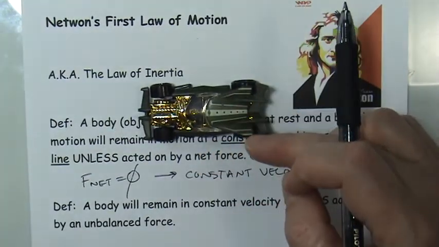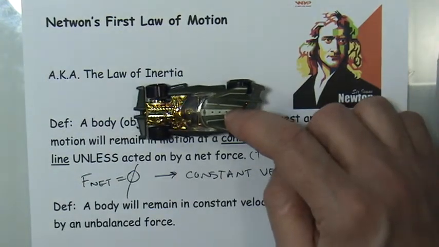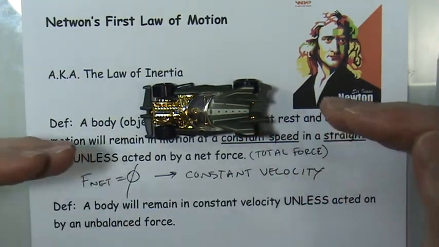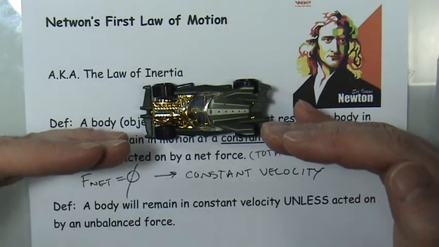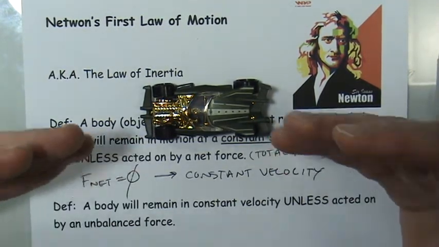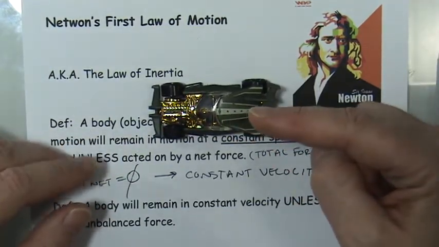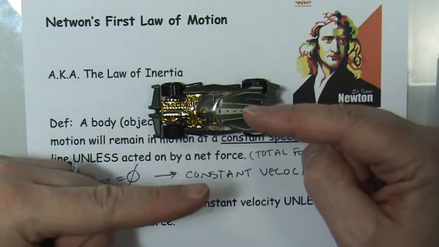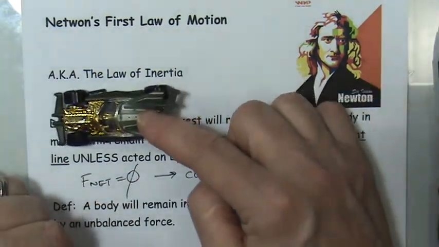What he was trying to say is that the reason why objects travel with constant velocity in our everyday world is because the forces have come together in balance, and when they are balanced like that, then the car just continues to do whatever it was doing. It's as though it doesn't even notice those forces acting on it. So when I push on the car, I apply a force this way, there's a little bit of frictional force this way, and that's what causes the car to travel at a constant speed as I push it across.